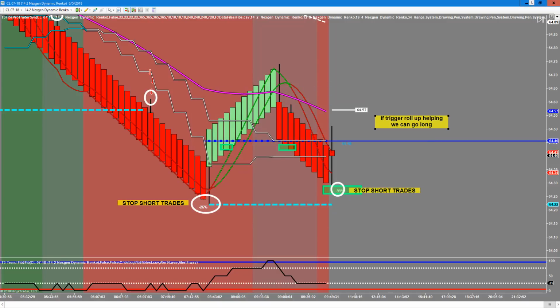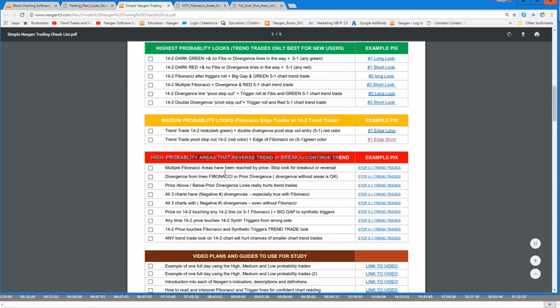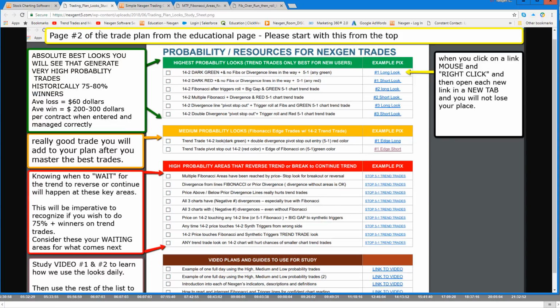So it's a conditional thing. You get the stop order from the conditions. Stop and wait. That's basically what we say in the plan. Look, knowing when to wait for the trend to either reverse or continue, which is highlighted by the small triggers on the 14-2 chart rolling and helping,